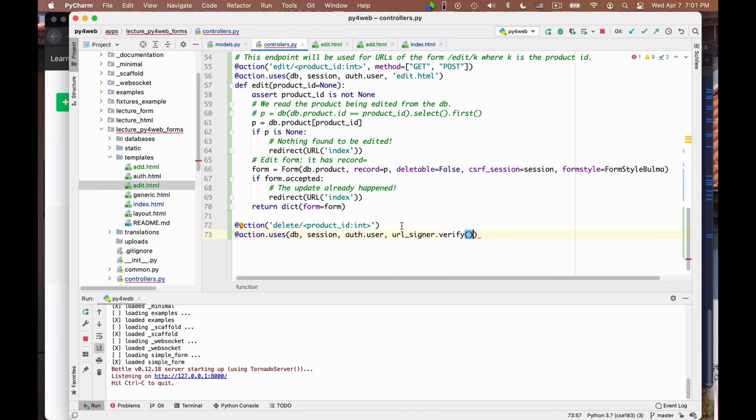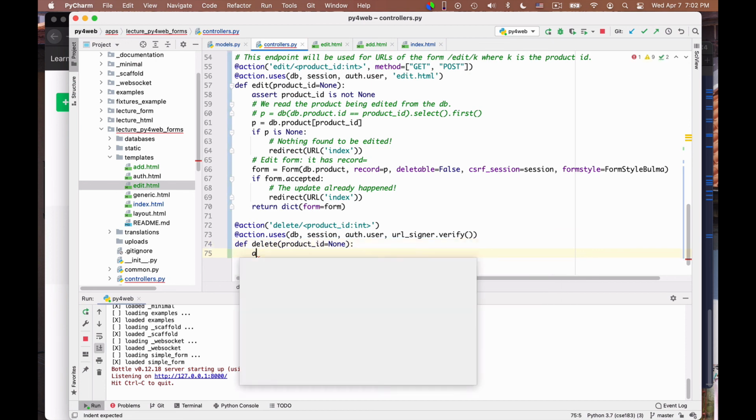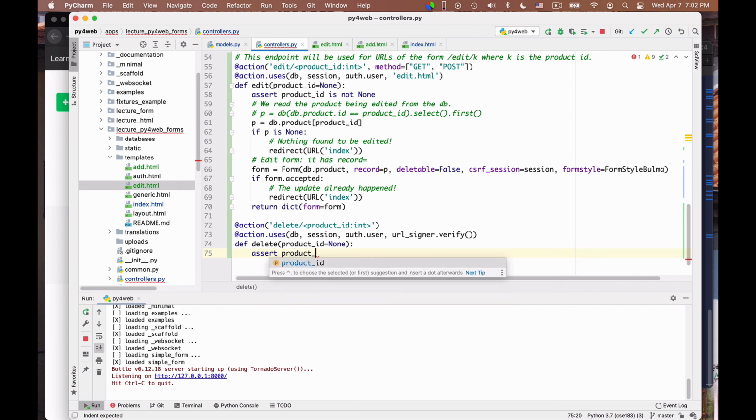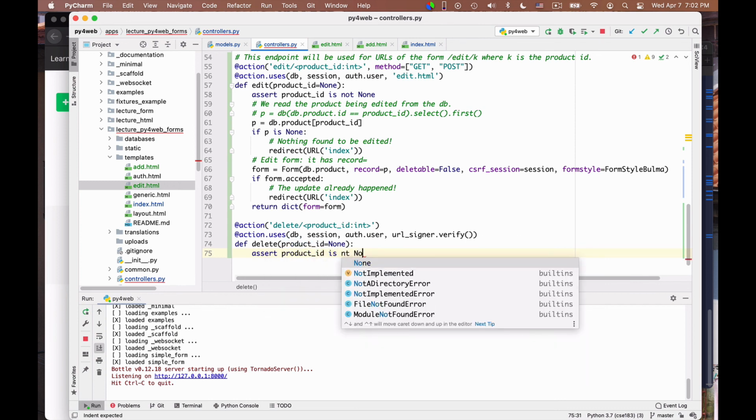This is what causes you the verification of the signature.